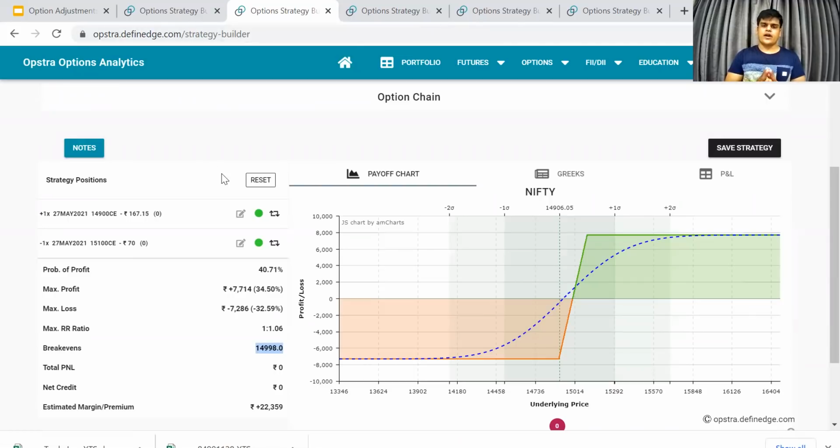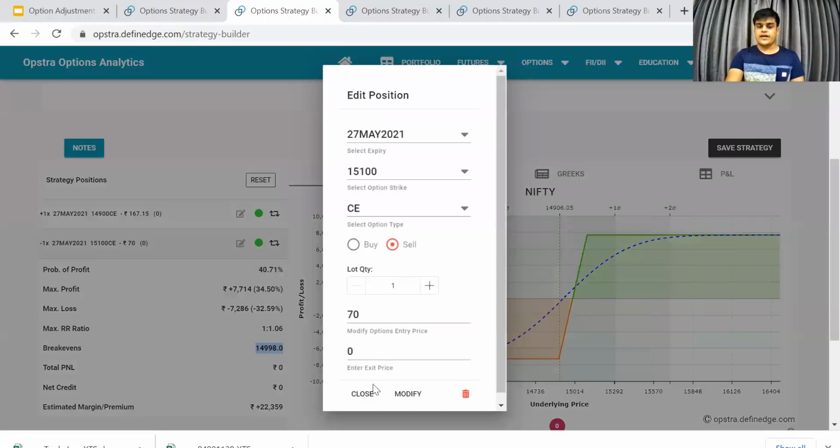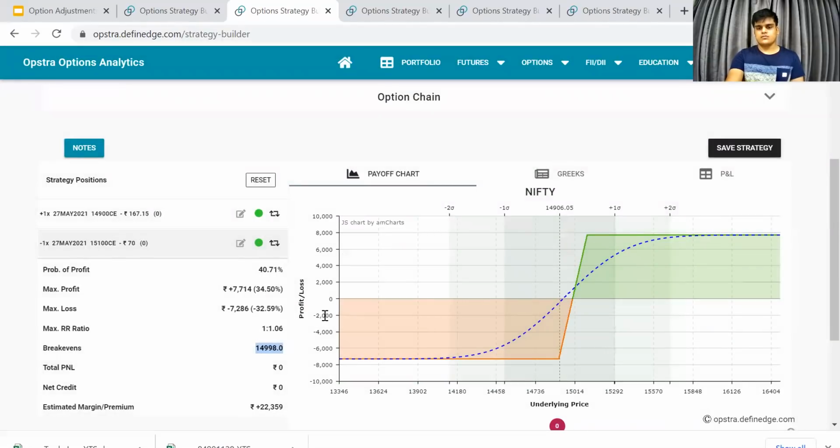So suppose what you can do is, if you get a buy signal, you can buy a call. Trade doesn't go in your favor, you can sell this break even leg call to do something like this. Okay. So instead of creating both the legs together, you can do this. Or suppose you bought this and the trade goes in your favor, so you can sell this later. Okay. So this is one way.